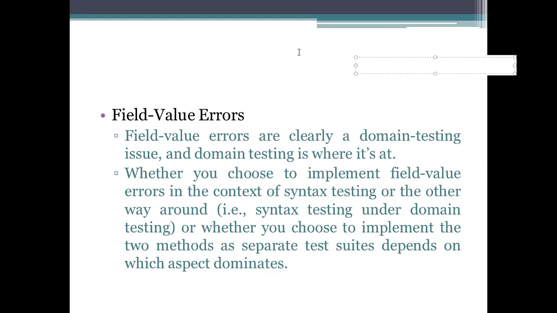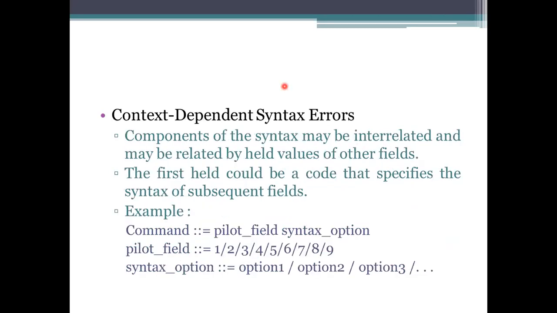Coming to the next one, there are context dependent syntax errors. Context dependent syntax errors means the components we are using for this syntax are interrelated. In the previous sessions we have seen that the phone number depends upon the exchange part and the number part. The exchange part depends upon the other digit and the next ordinary digit. The number part also depends upon the ordinary digit. So the definition we provide should be the correct one. If it is not, what happens here?